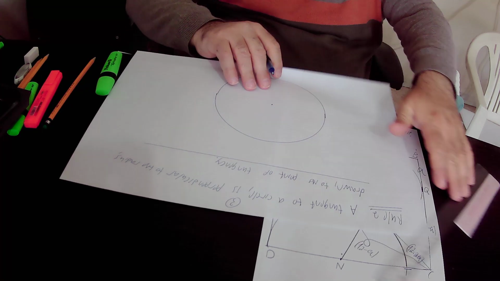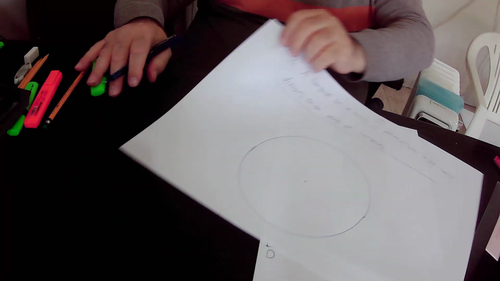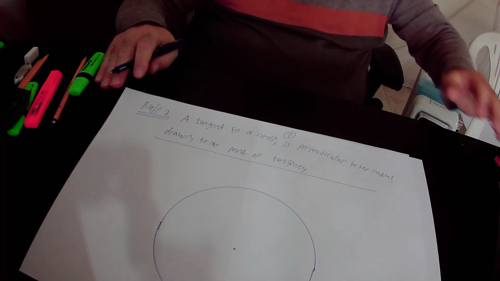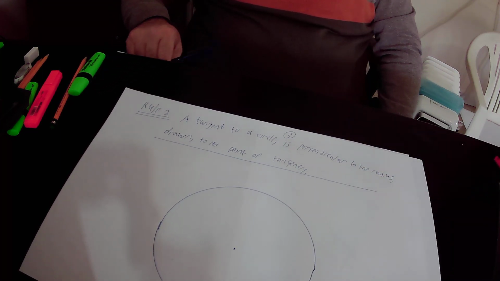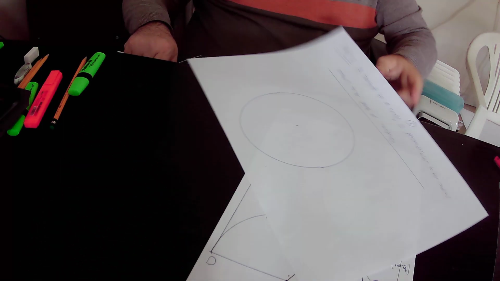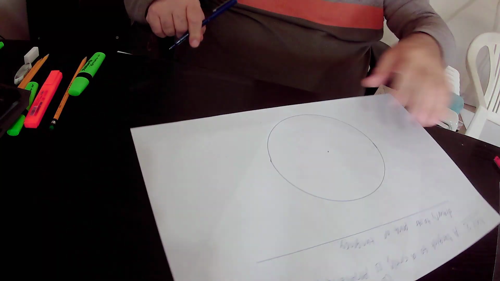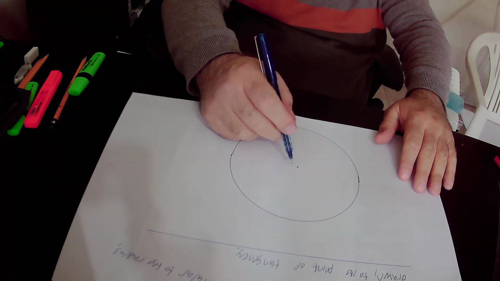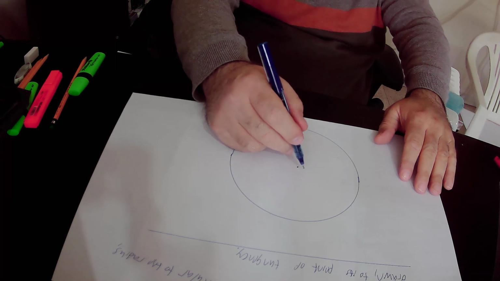So I read rule number 2 again. According to rule number 2, a tangent to a circle is perpendicular to the radius drawn to its point of tangency. So what is the meaning of rule number 2? The meaning of rule number 2 is that if we have this circle and the center of this circle is at this point O,